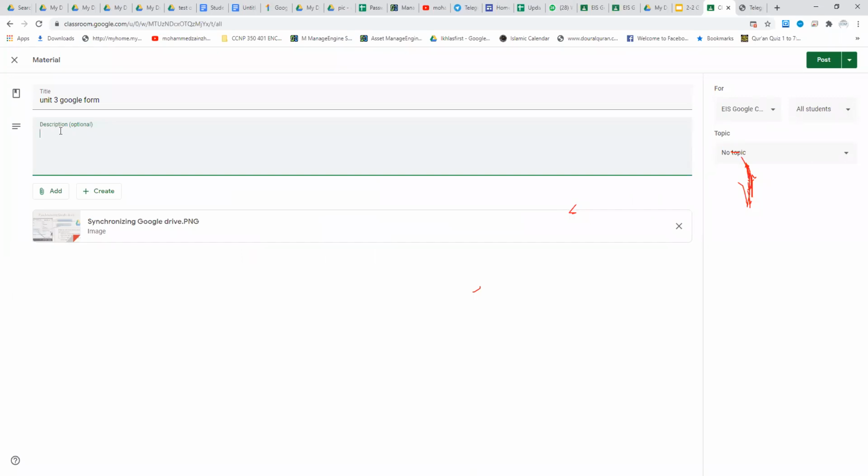Description, we can put any description or not. Unfortunately, we are in chapter 3, which is about Google Form. But here, what we attached is synchronizing Google Drive. So there is no relation with the topic. So what I'm going to do, I will delete this file from my Google Class. Why? There is no relation